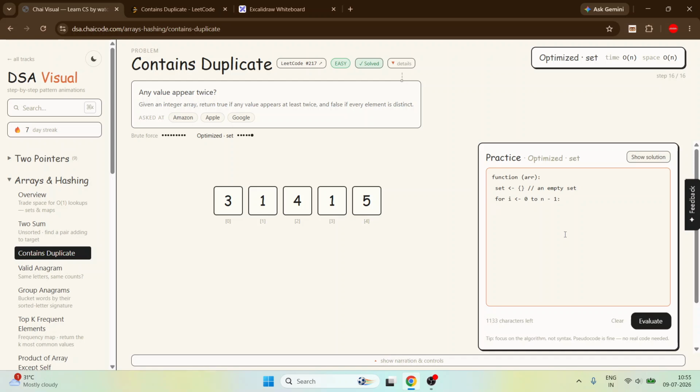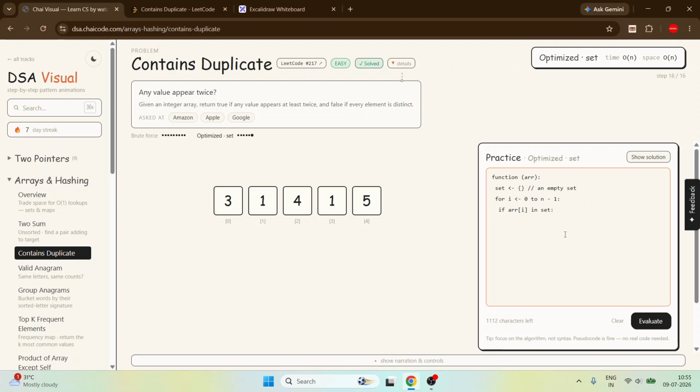For every element we get, just check one thing: if array of i is in the set, that means we check whether array of i is present in the set or not.